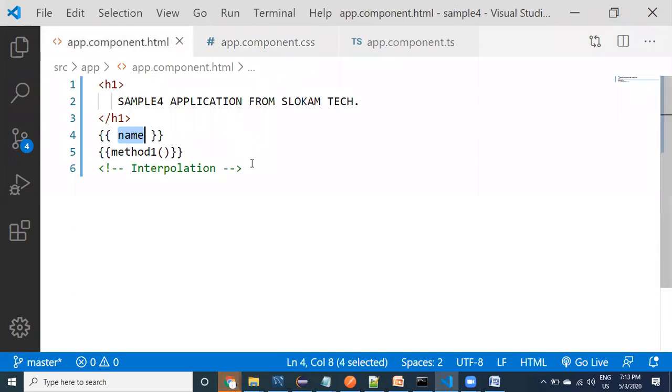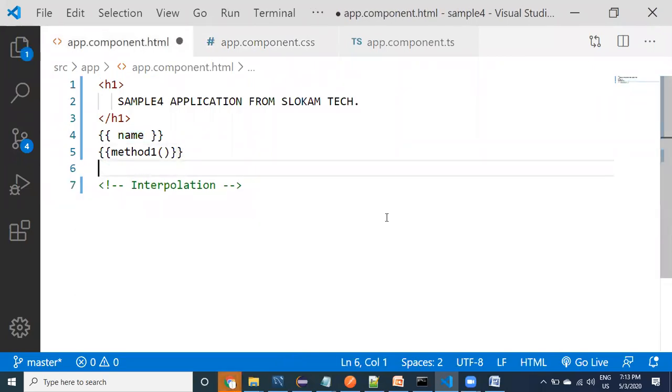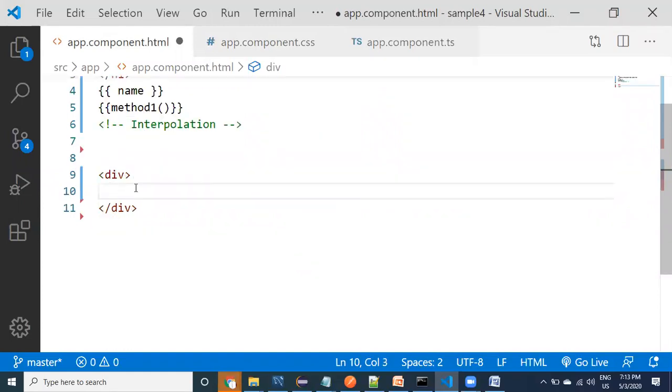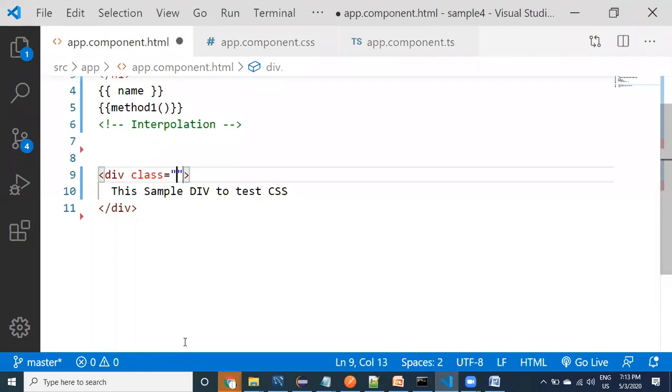Go to HTML. Here, in addition to the interpolation, I have created a div: sample div to test CSS. For the div I'm going to provide the class. What is the class name?